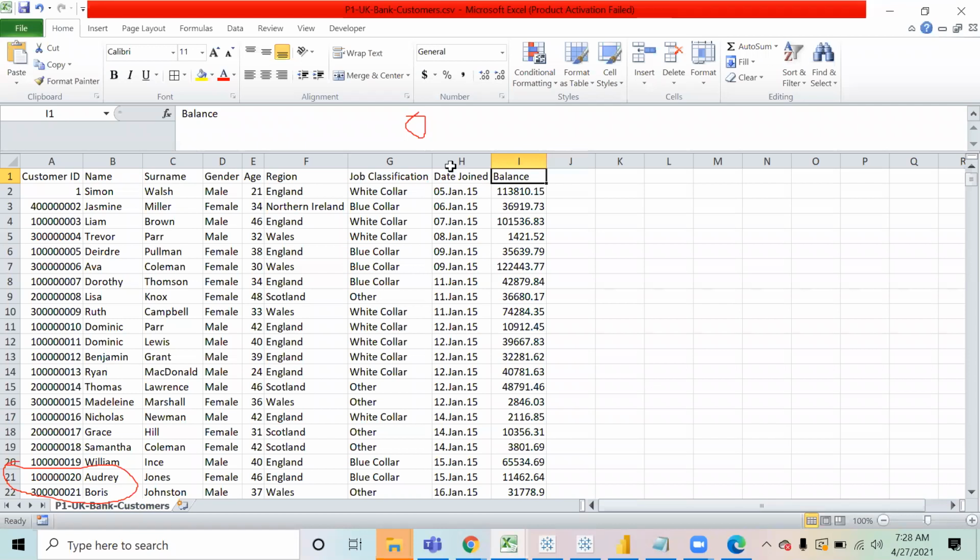Now, if this is the data you have, what kind of analysis can you do from here? Can you share what types of different analysis you will be able to do?